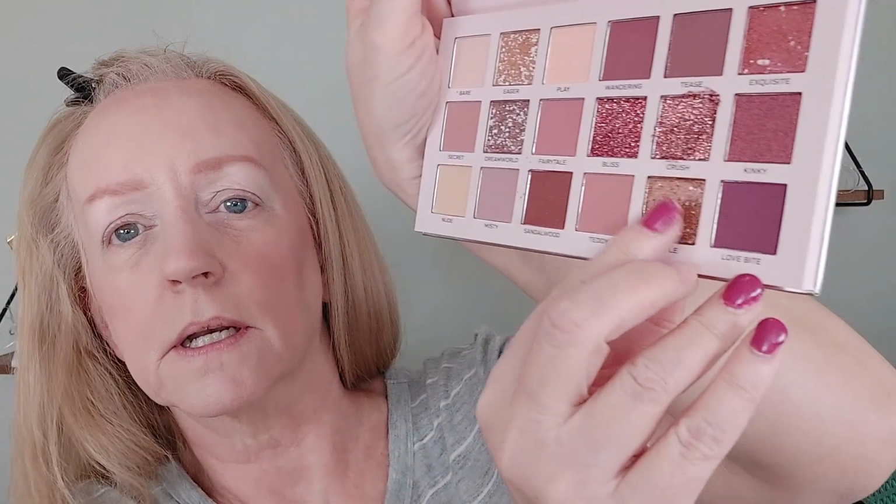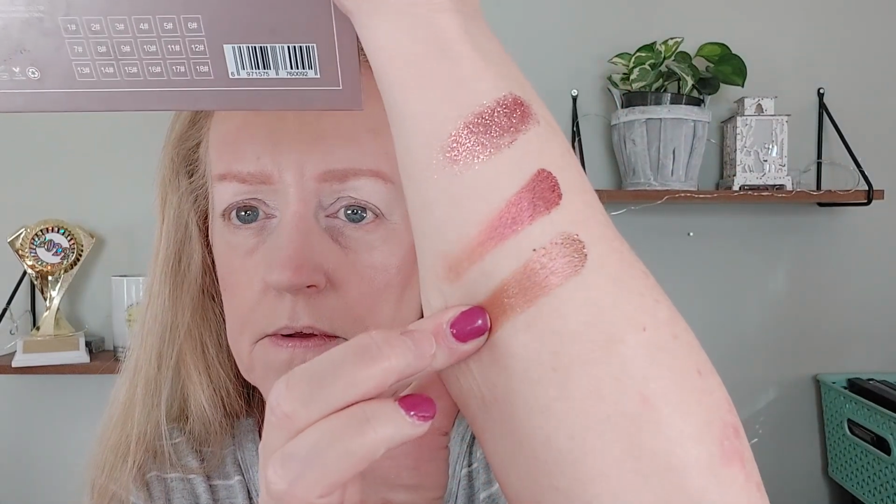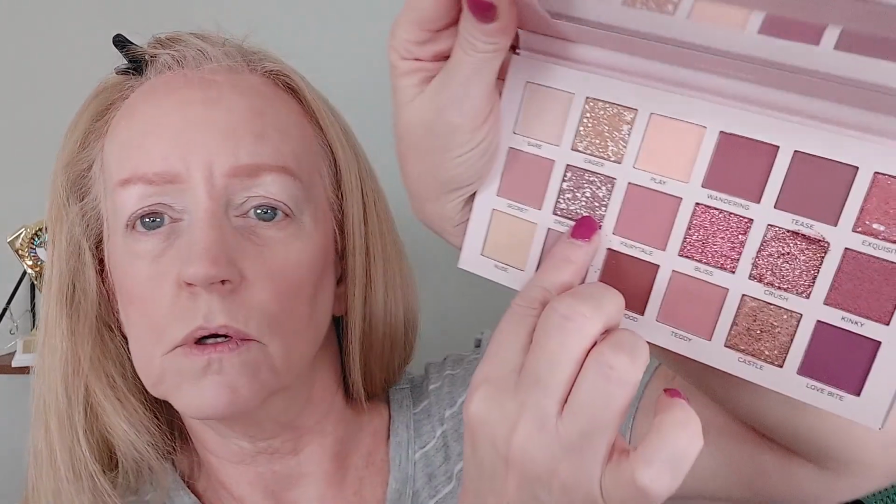I like that. Let me try Castle. That's this gold one down here, and it has some pink marbling in it. That's pretty too. And one more shimmer. There's other ones in here, but let's just do one more shimmer. Let's do Dream World right here. It's kind of a coppery color, and it has pink and gold marbling. Can you see the shift? All right, let's see if it shifts when we... I mean, everything kind of smears together when you stick your finger in it, but then when you put it on...